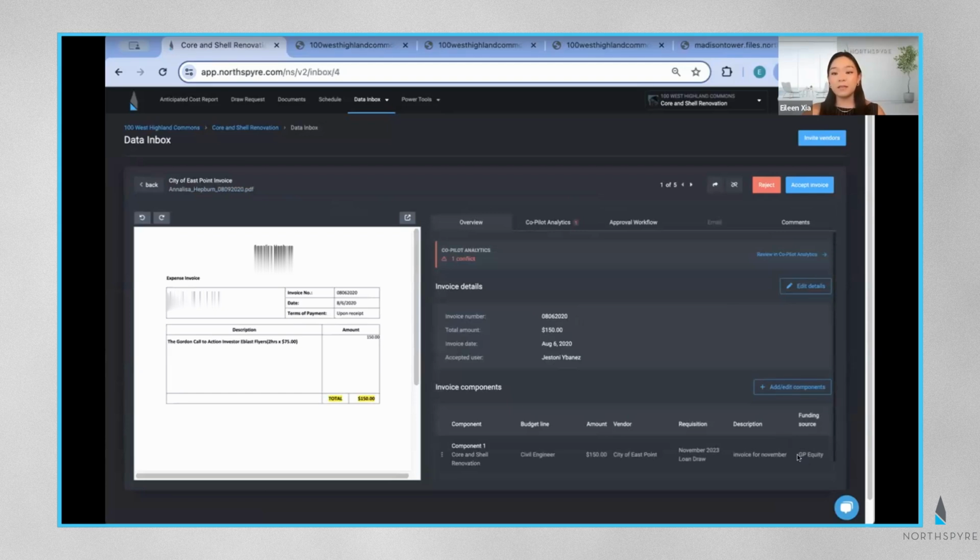As you can see, this invoice has already automatically been associated with my funding source GP equity because its budget line had that defined association prior to it being sent. I have complete flexibility to edit this pairing both before and after I accept my invoice, but once I click accept, Northspyre will automatically log your source transactions so you always have an accurate representation of the source utilization at that point in time. I can always view and drill down into my source transactions in my sources data index